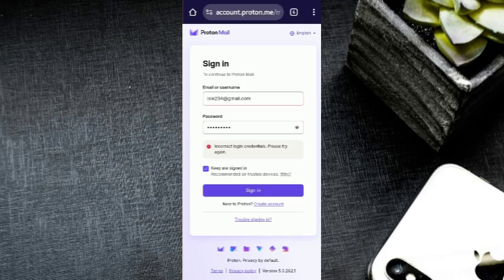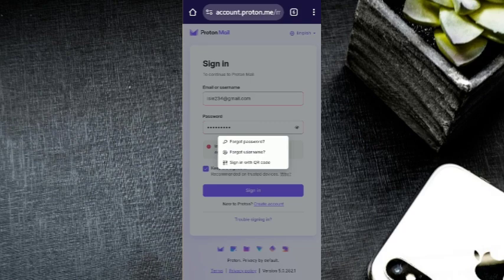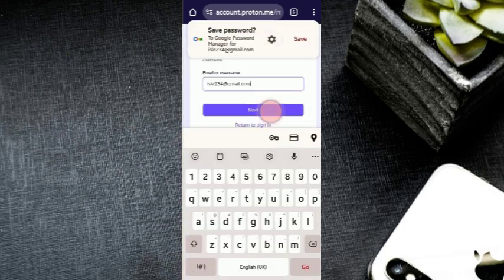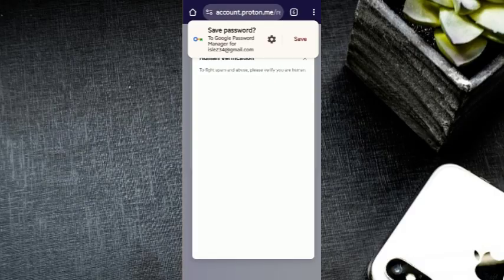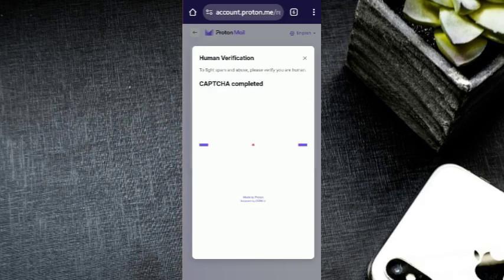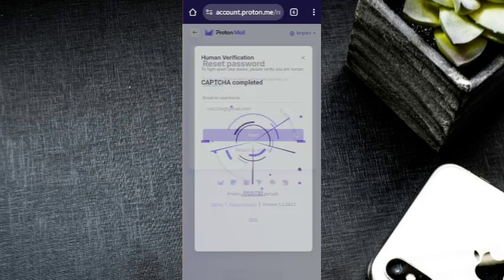So we'll go to trouble signing in, forgot password. You're going to have human verification done. So once the captcha is completed,